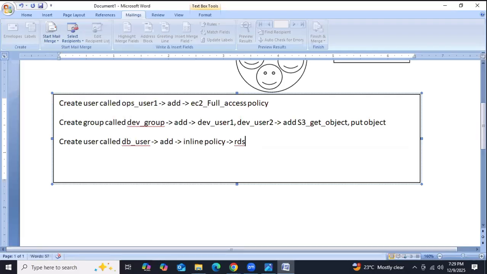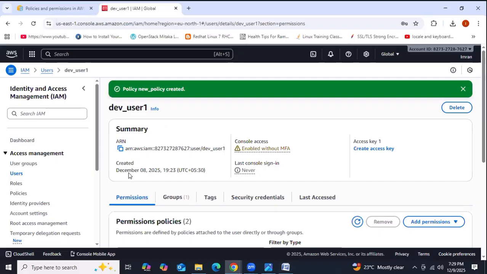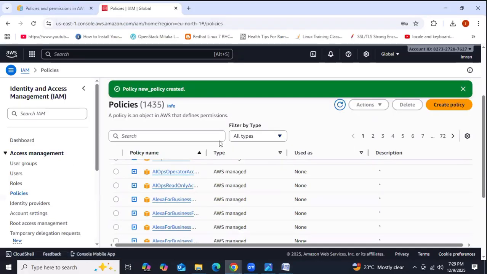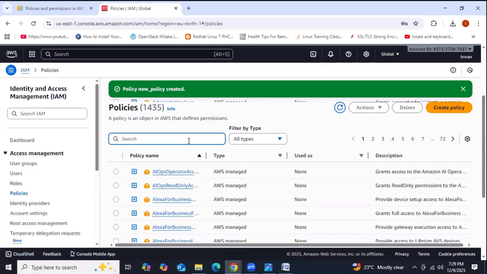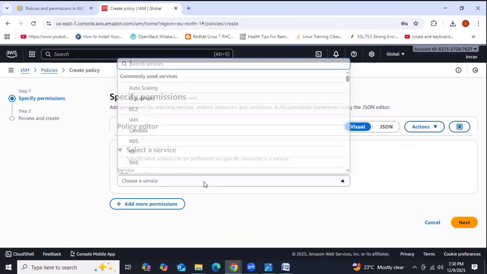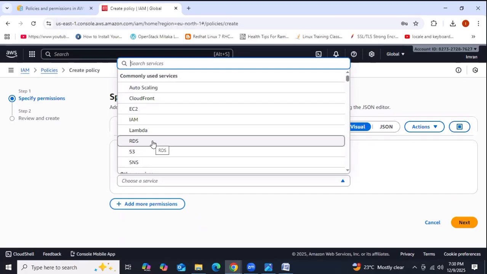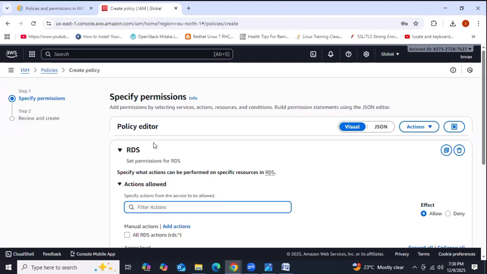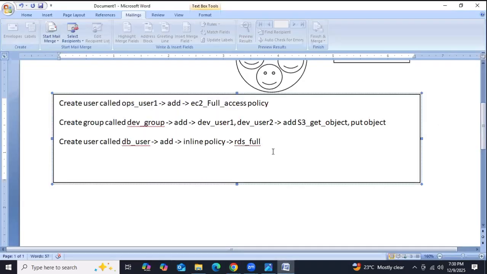Do we have RDS full access? We'll see. One minute, we'll check whether we have the RDS full access. Okay, so inline policy, right? You can create your RDS policy, right? So let's see here. We have RDS, right? Create the inline policy, RDS with any permission, no issues. Okay. So clear, guys. I hope you got it.